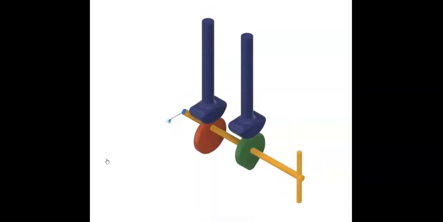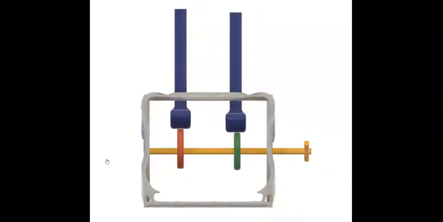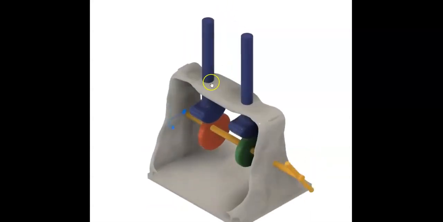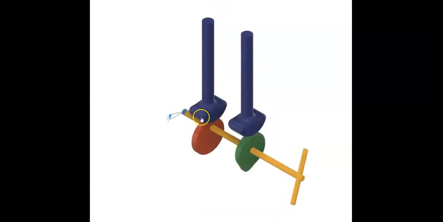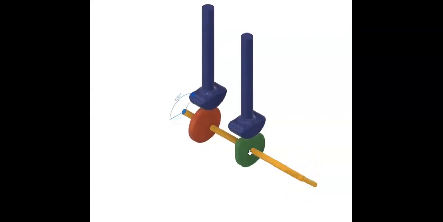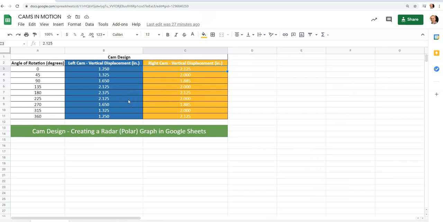You can see that green cam right there is pretty much staying at the same spot until it gets to one certain point of rotation, because it's a pear cam, it only rises at a very specific degree of rotation. That eccentric cam gives a constant vertical movement of this blue follower. You can see it really only rests for a split second, and then it's always moving. The green pear cam rests at a spot and only rises up at a specific time. So if we wanted to make a graph to chart that information, we can place all of our inch numbers in here,